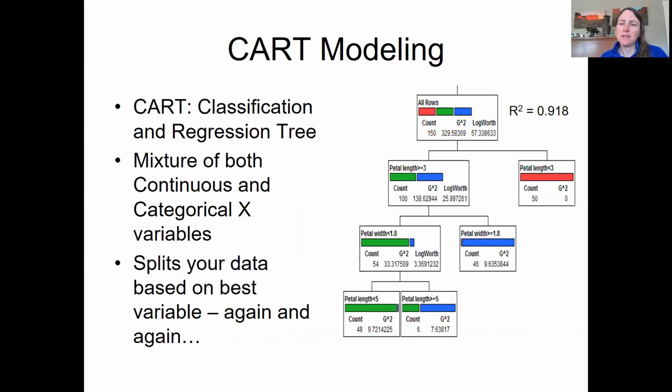And so this is a nice method to learn. People would argue that it's a data mining method, meaning that you just kind of throw a bunch of data into something and then you can use it to see what patterns emerge. And some people feel very strongly that data mining is not something we should do. It doesn't have a clear hypothesis test, but it can really help you see complex patterns in ecological data. And so I'm a fan, a tentative fan of CART modeling. Okay, so